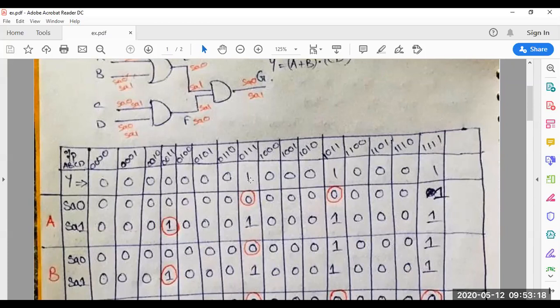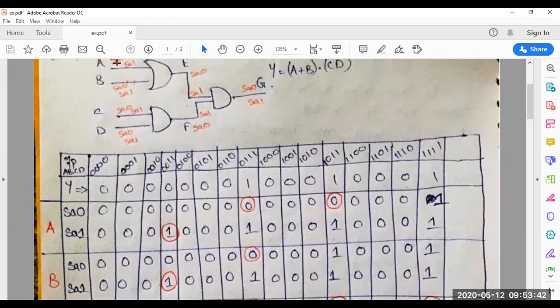At this pattern, the output is changed. Normally it should be 1, but I got an output of 0. In the same way, for 1, 0, 1, 1, I have noted the output changed to 0, where it is generally 1 but with input A stuck at 0 the output is 0. So two faults are noted for stuck at 0 of input A.